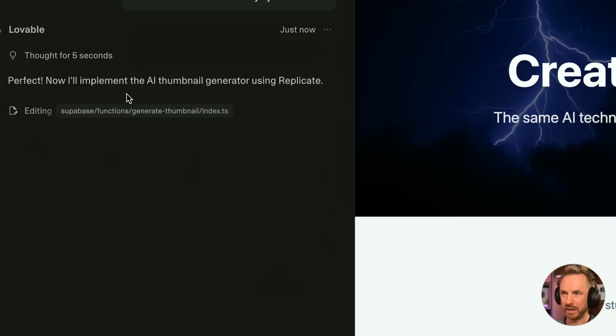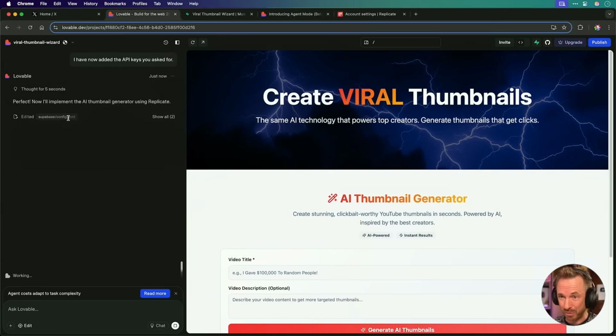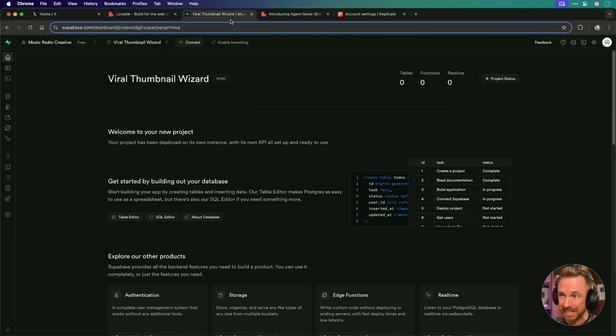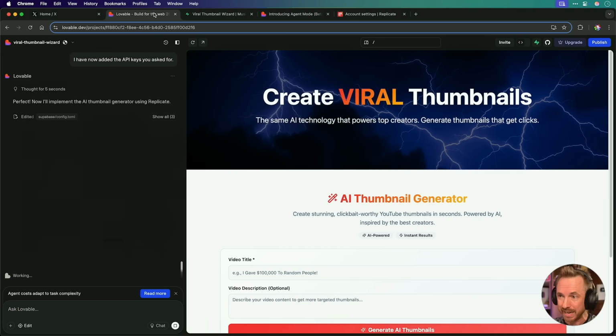Now you can see already it says perfect. Now I'll implement the AI thumbnail generator using Replicate. Remember at this stage as Lovable works away, I didn't need to search across the web, find the right API, decide how I was going to put keys into my app and all those secret things that make AI functions run. I just simply told the agent to do it, and now it's actually writing all the code for me, setting things up in this Supabase database I created, and within a couple of prompts, I should be able to